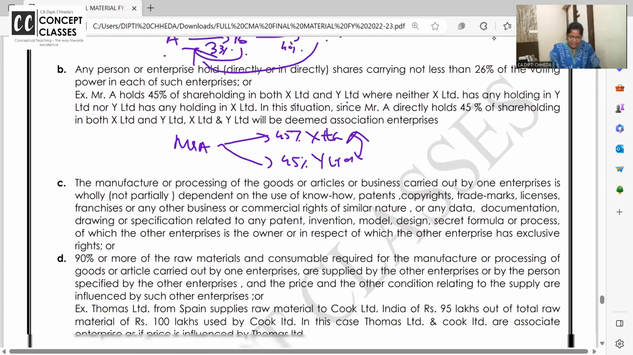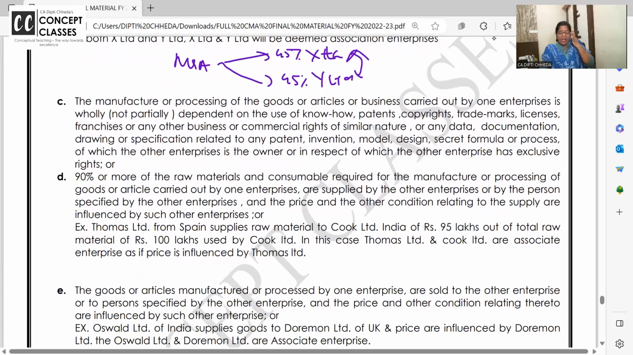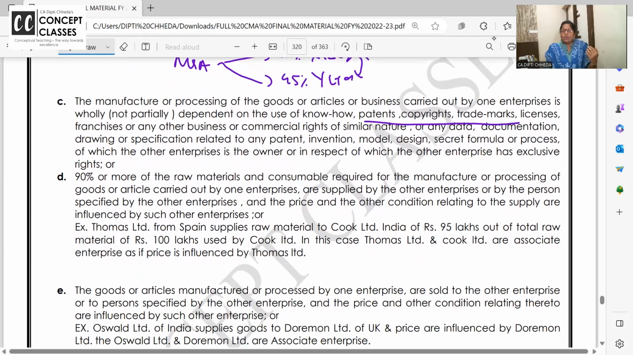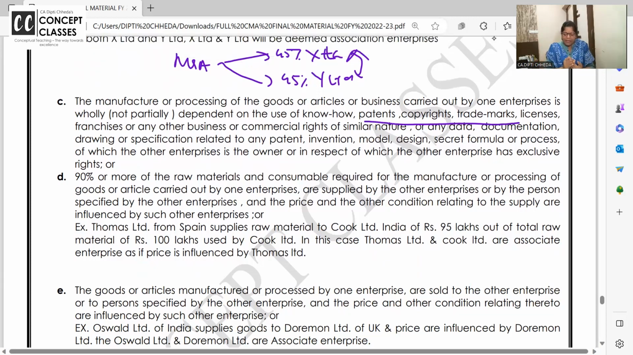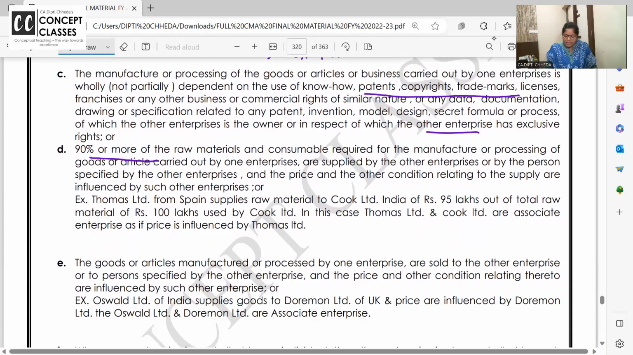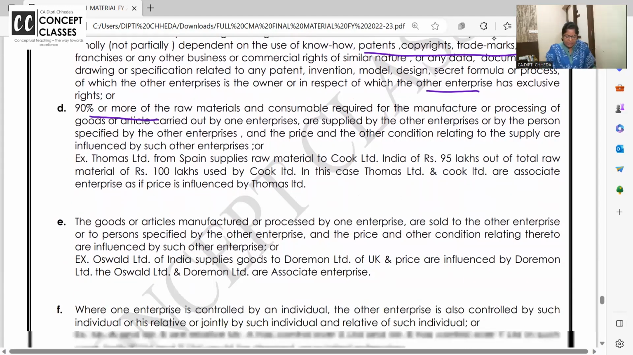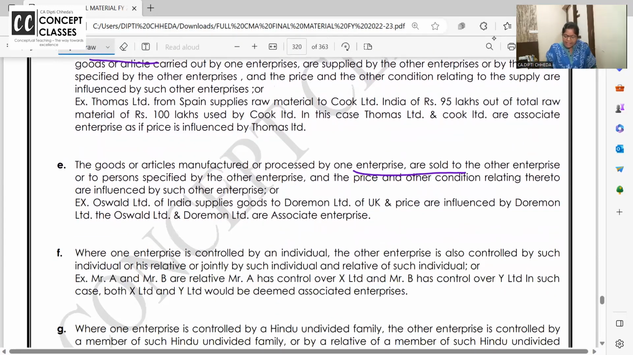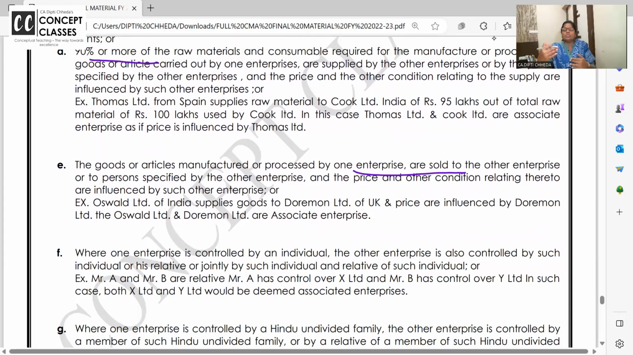Answer is yes. Then if we are manufacturing and for our formula, patent, copyrights, technical know-how, we are 100% dependent on another enterprise, then that enterprise and our enterprise are called as what? Associate enterprise. Or 90% of our raw material comes from another enterprise. Or when we are selling to a single party,